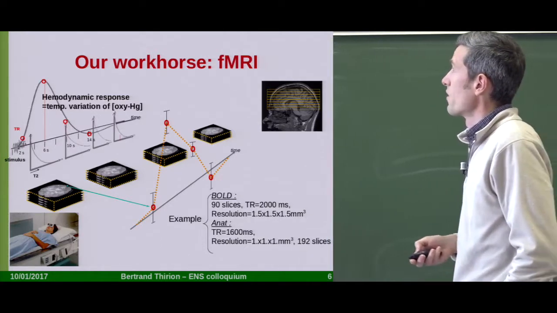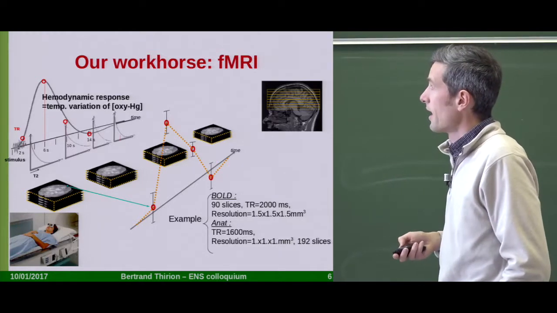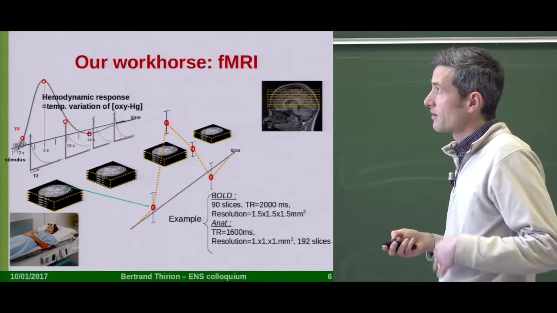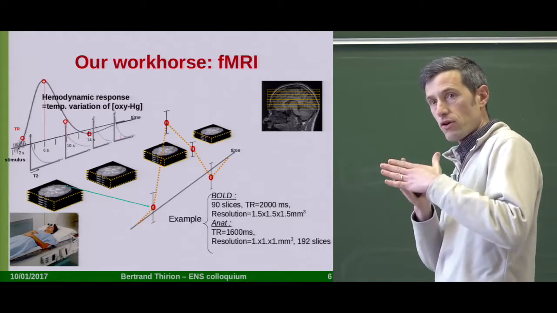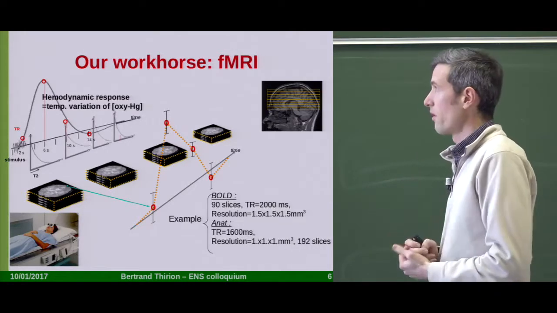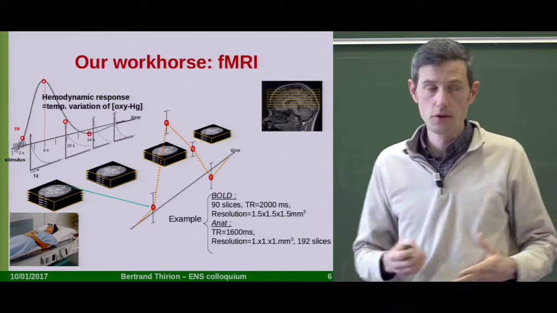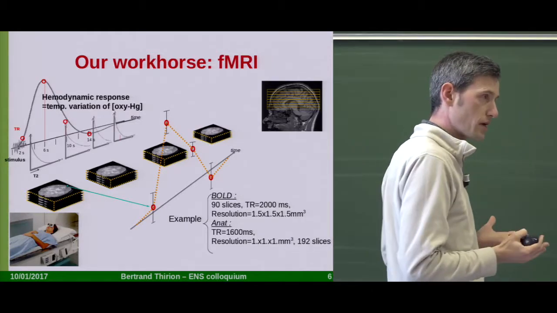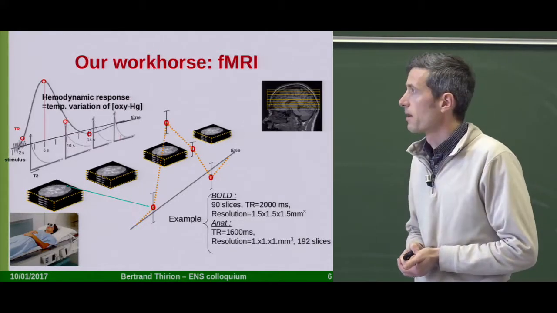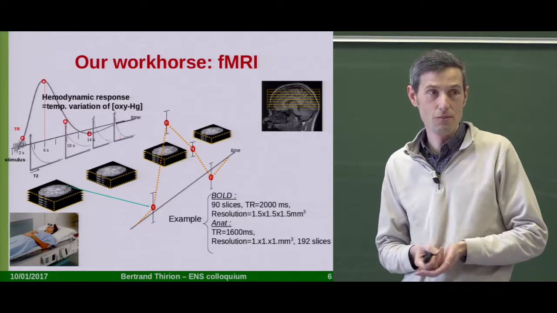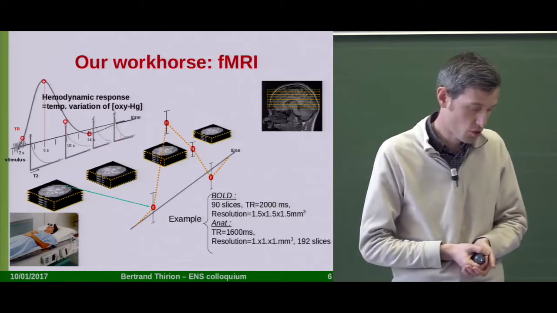Of course, we're not a perfect observer. We can only sample this signal discretely. And what happens with MRI is that you can take pictures of the brain about every 2 seconds. So every 2 seconds, you have a complete 3D volume of the brain with a resolution of currently 1.5 millimeters. So current technology makes it possible to scan the full brain with a resolution of 1.5 millimeters in 2 seconds. It's great. I think among the non-invasive modalities, it's maybe the one with the best resolution, but